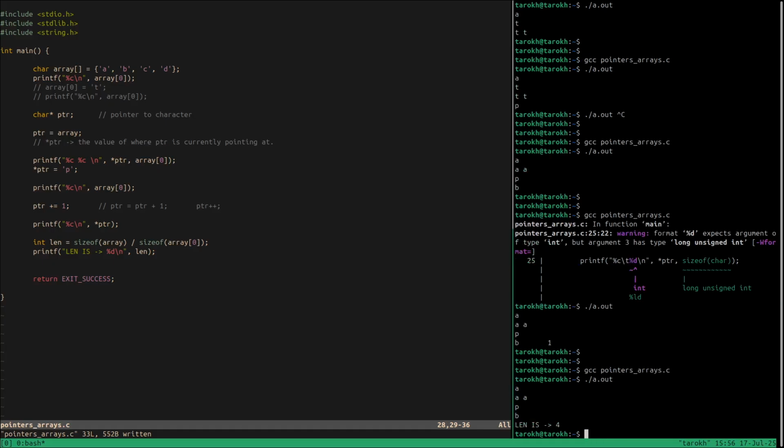So len is 4, true, len is 4. 1, 2, 3, 4. And now I can simply say that ptr equals array plus len. Okay? And now if I say printf %c of ptr